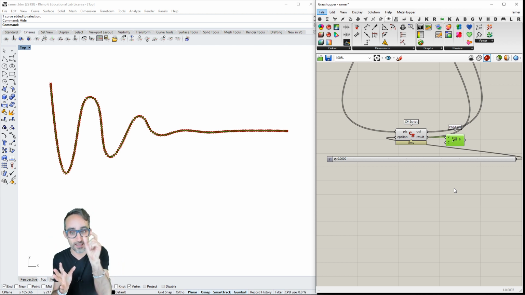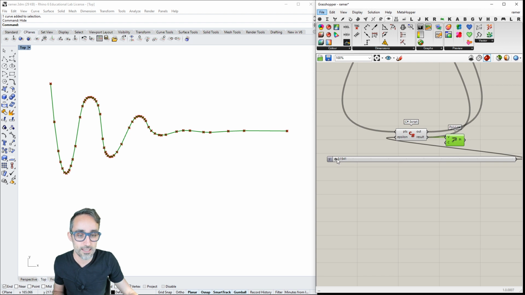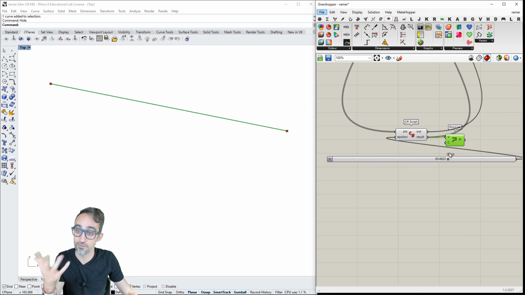So I have a polyline that has a lot of tiny, tiny elements between vertices that are very close to each other. But with this algorithm, I can set a threshold distance that I'm going to use to define which vertices are not really giving me any meaningful detail for this polyline and which ones are important for the overall shape. So as I make that distance a bit larger, you can see that the polyline starts simplifying, but overall it keeps the spirit of the general shape.